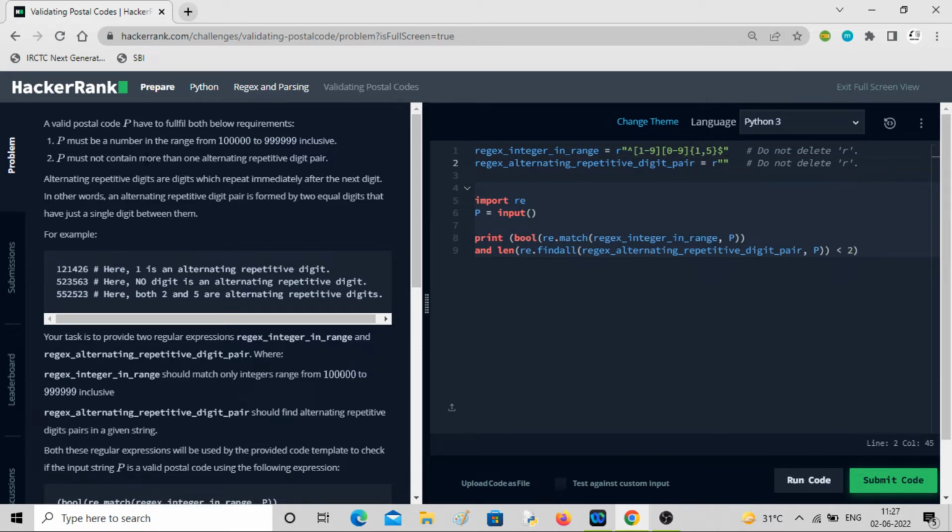So what is the thing we are looking for? We are looking for a digit, first of all, 0 to 9, right? Then there can be a digit D, and then the same digit has to be repeated, the first one. So I'll bring in brackets. You can do something like this, right? But the problem is